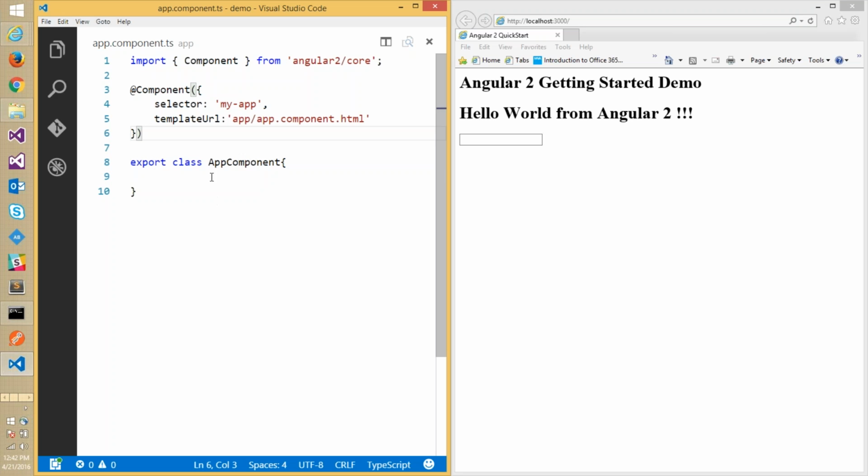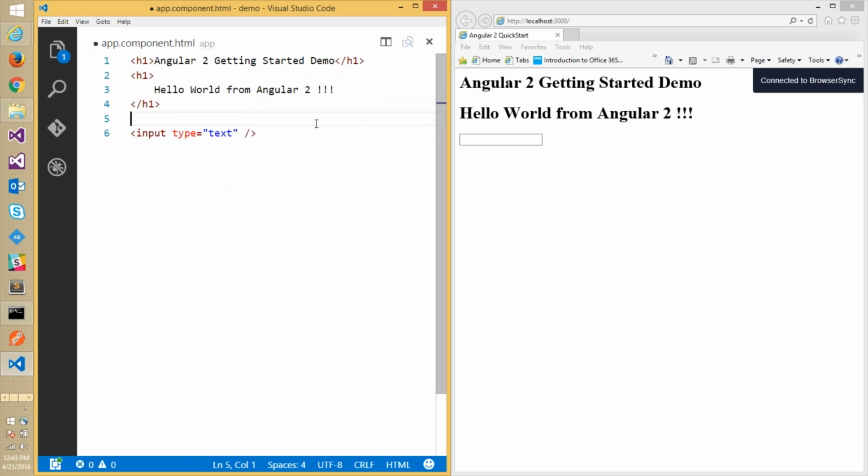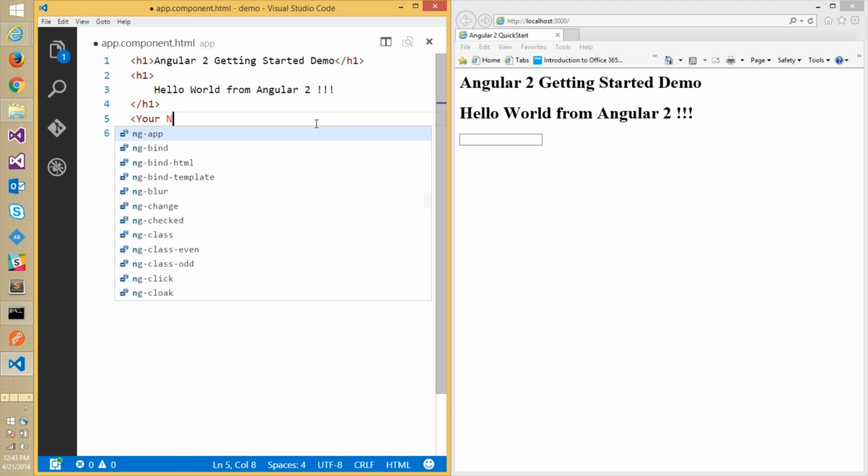So in TypeScript, I can come back here and say this is a name and this is a string, and initially it is null. Then I can say constructor, and this.name is equal to Lohit, right? I can do this. Then I can go back to the app.component and say your name